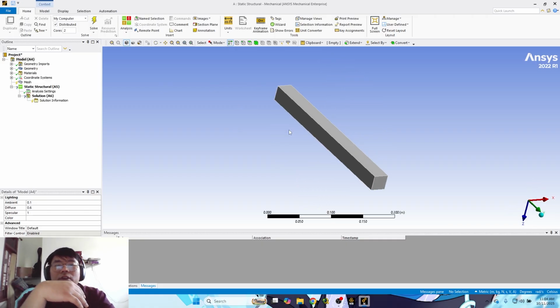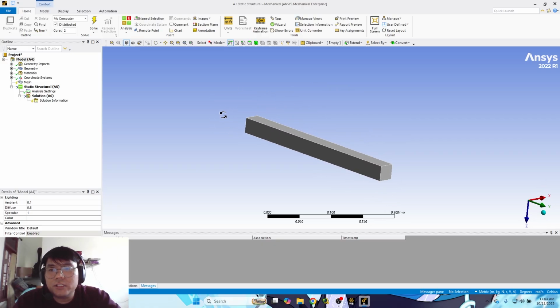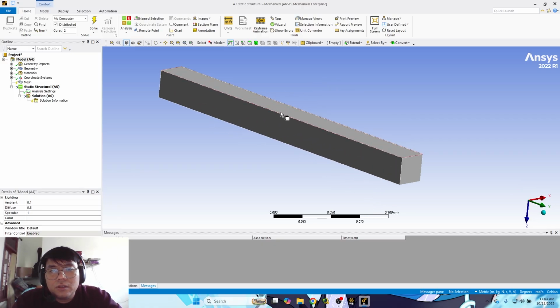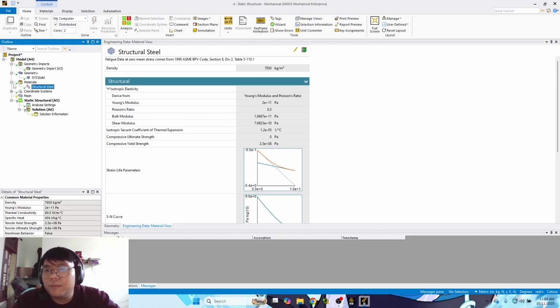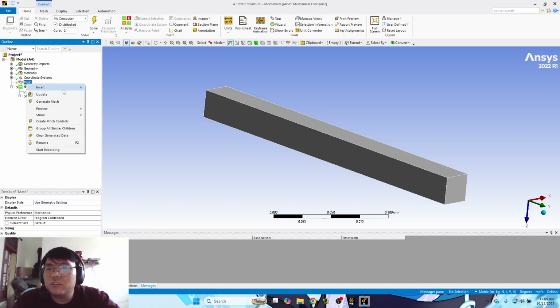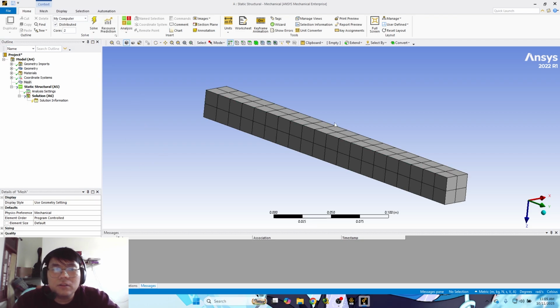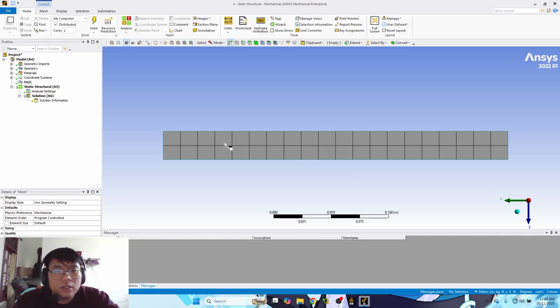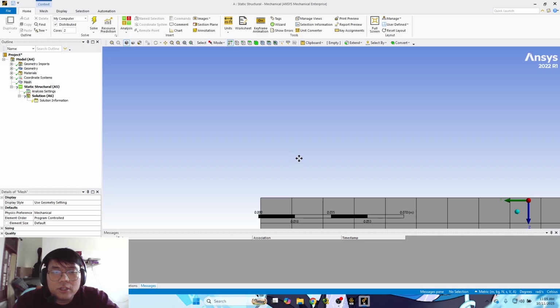Okay, so we are already in the model of our simulation here. Let's define the material of our beam as structural steel. And then our mesh: let's use the default size.